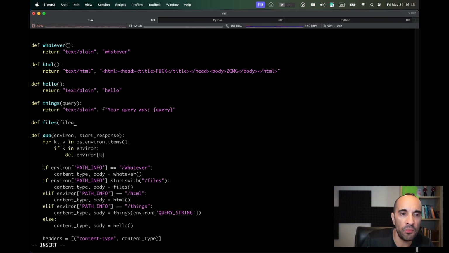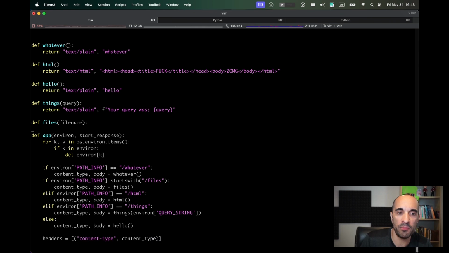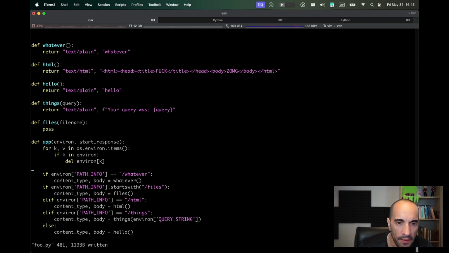I need to figure out a way to pass a file name in here. Pass is just a way to say, like, I'll get to this later. Otherwise, if you leave this blank, Python considers this a syntax error. Okay, so